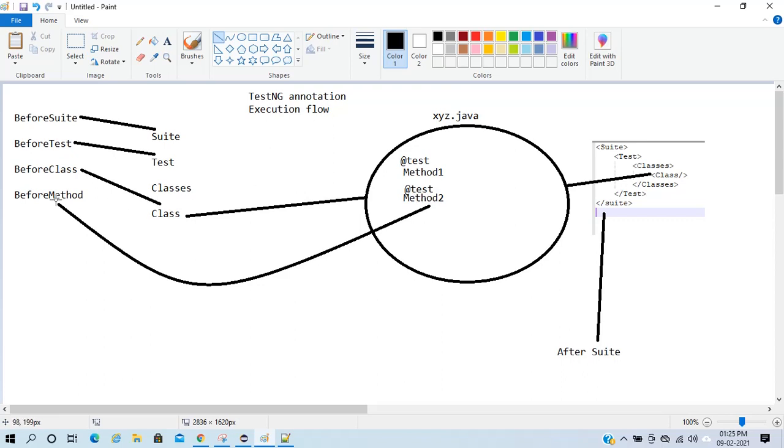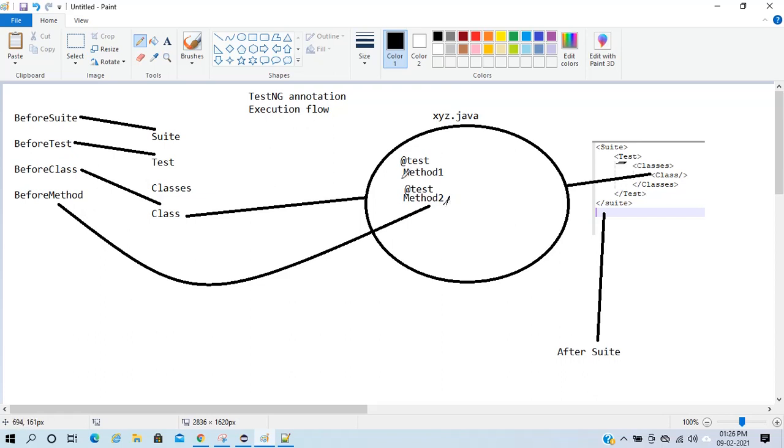So this before method will execute before each method. Before each method means before each test. People usually get confused between before test and before method. Okay guys, please understand, before test will execute at this level and before method will execute before every test.